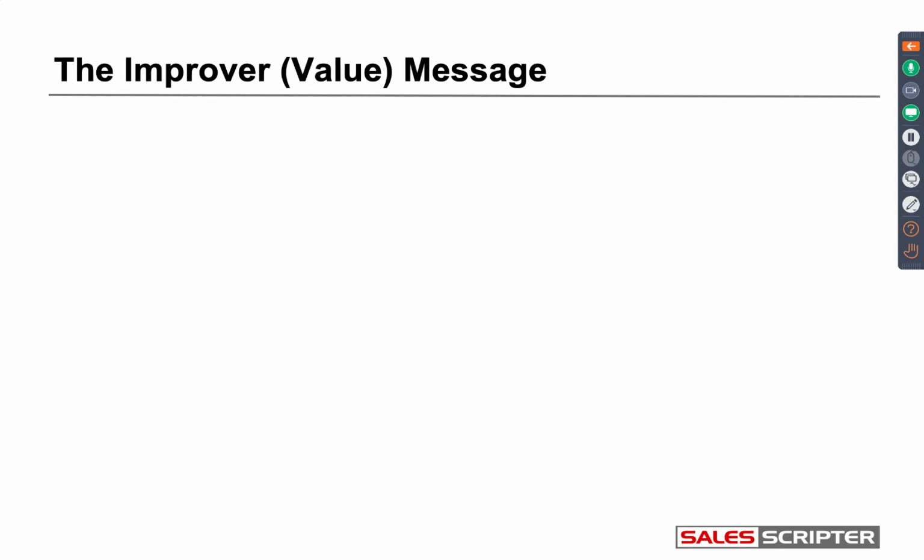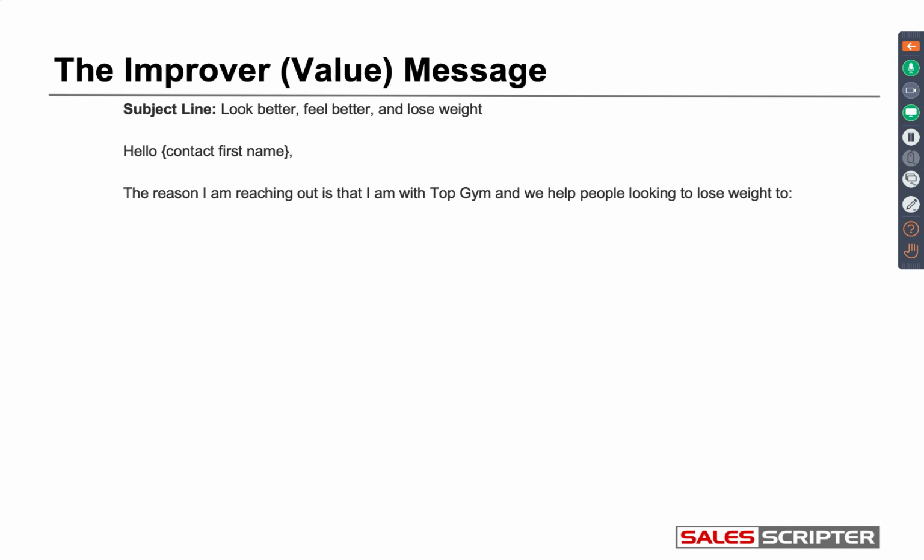So here's the first email template, and I call this sort of the improver. This is a message that's built around the benefits that you offer. The subject line is: look better, feel better, and lose weight. No capital letters, exclamation points, emoticons, or stuff that makes it look too salesy. It just refers to the domain. So, hello, contact. The reason why I'm reaching out is I'm with Top Gym, and we help people looking to